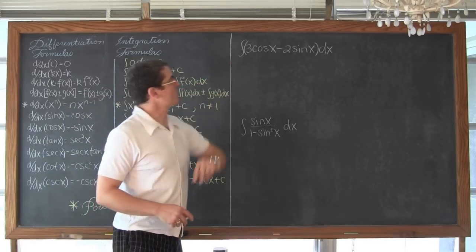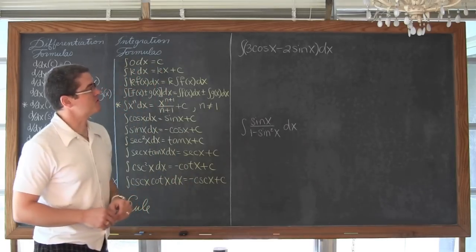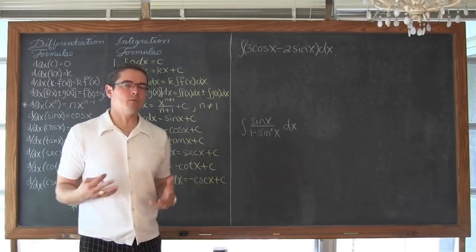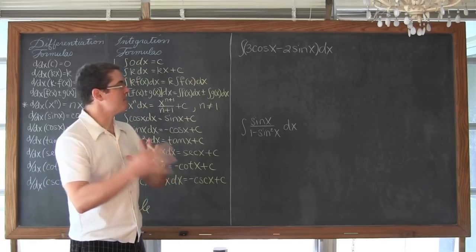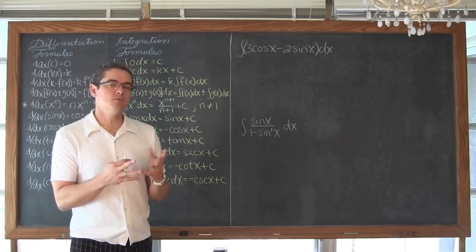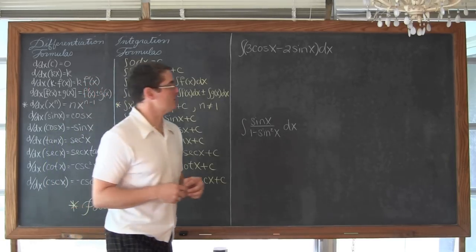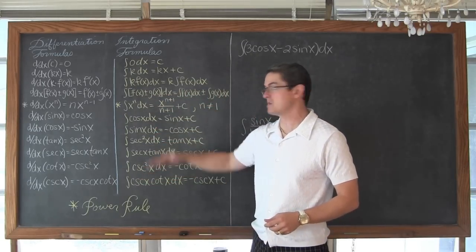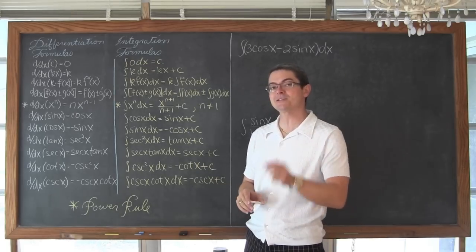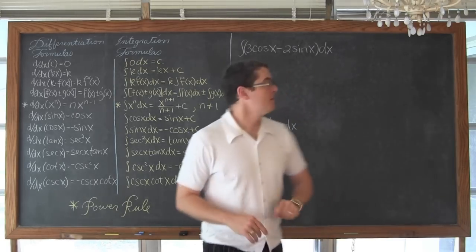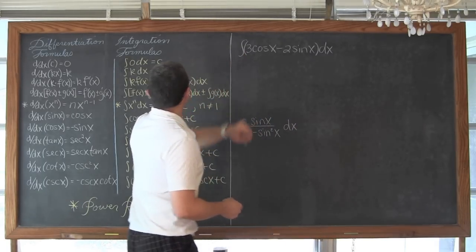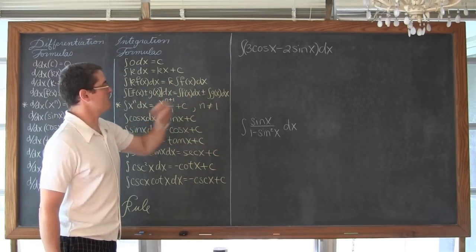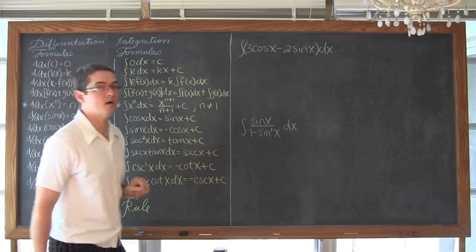We want to find the antiderivative of 3 cosine x minus 2 sine x dx. If you're comfortable with this and everything's going really well, you might be able to just write the answer. I'm going to take the extra step to rewrite this very specifically so that you see that we're matching these basic integration formulas for the trig functions exactly before applying them. We're going to use the sum and difference property to separate those integrals, and we're also going to move the constants out front.